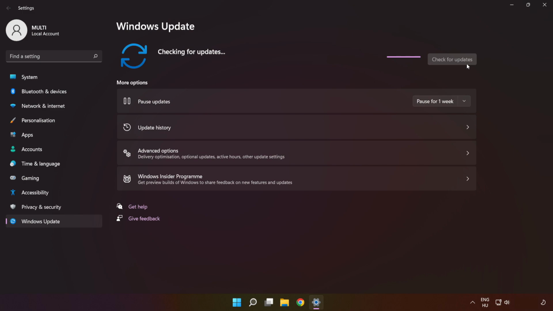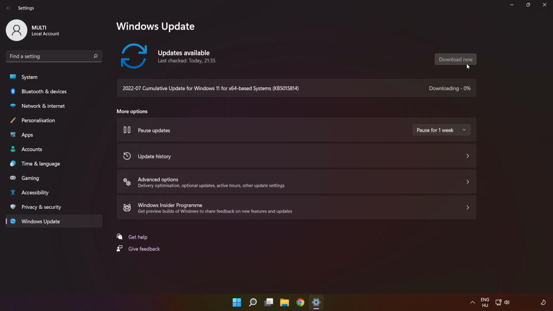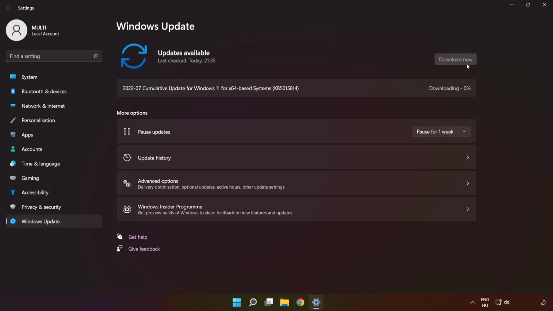Wait. After completed, click close and restart your PC. If that didn't work,